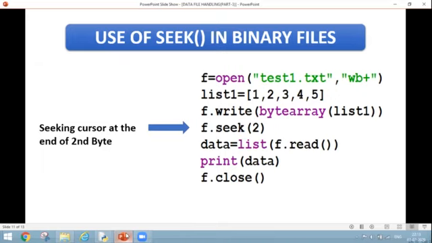Offset means that after the second byte, the data will be read from the file. So it is seeking the cursor to the end of the second byte. And this line, data is equal to list of f.read, will start reading the data from the third byte in the sequence.